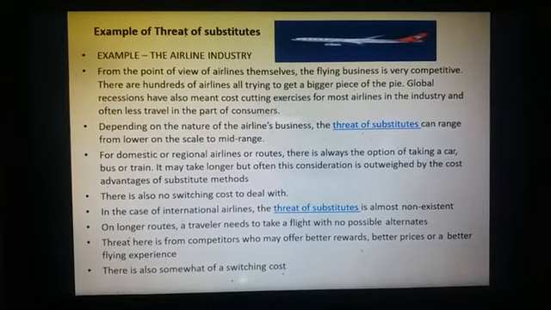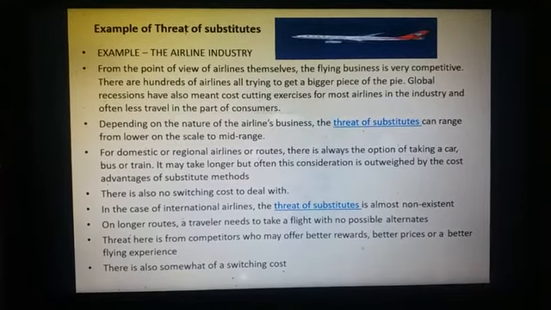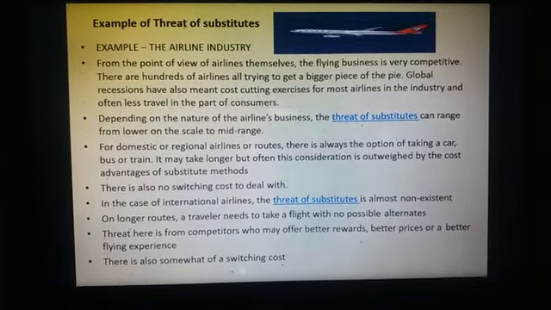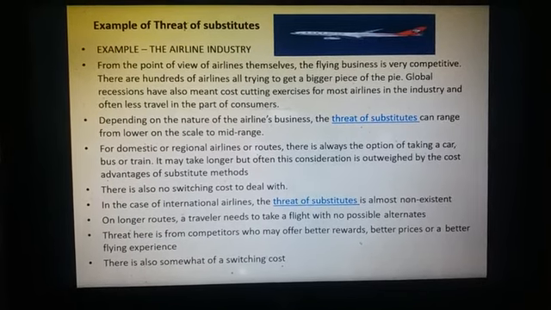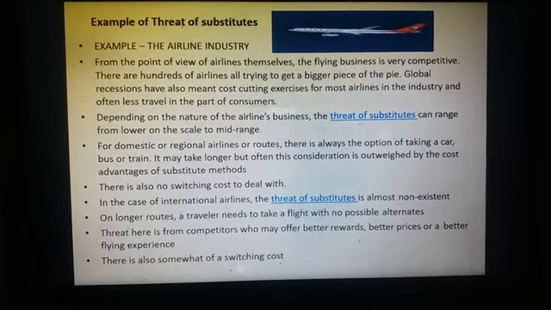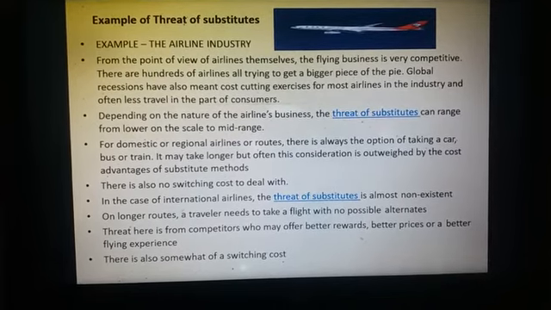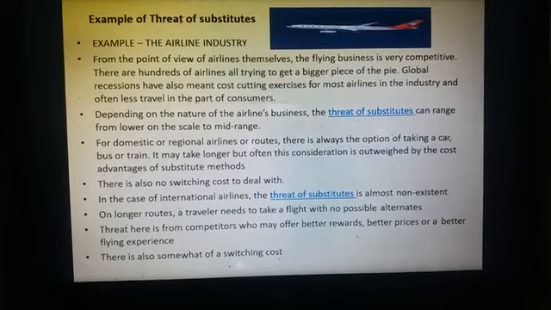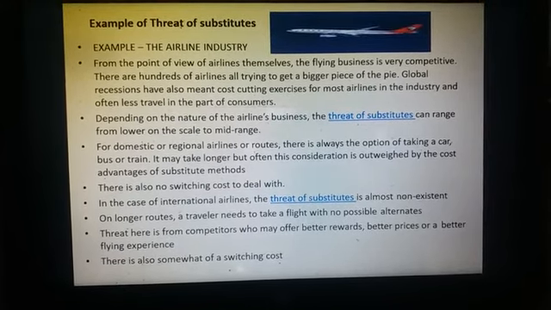For example, in the case of the airline industry, you can have a look. There are different airline industries. In the case of small distances, you may find domestic flights. Not many flights are there. I can go with any of the flights. Air Asia is there, SpiceJet is there, Indigo is there, Air India is there. So you have different alternatives.